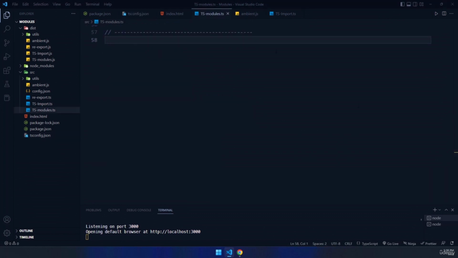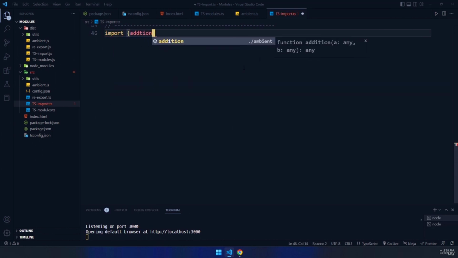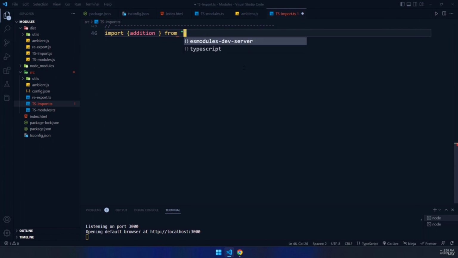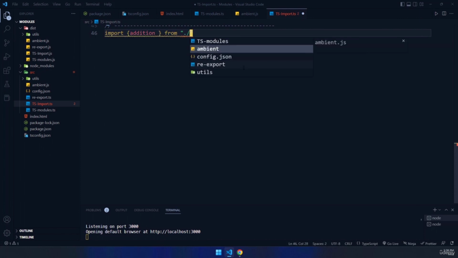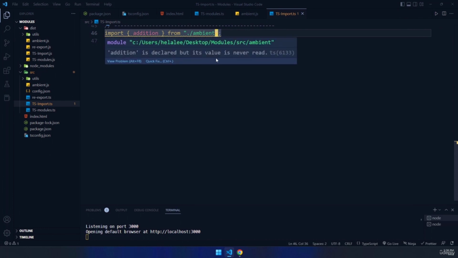Now, how are we going to import this? So we're not going to work in the TS modules. We're going to jump into the TS imports. First off, I'm just going to use an import statement. I'm going to say addition. I want to grab the addition from this file, .ambient. Save that, and we can see there is basically a squiggly that says that we have not actually read